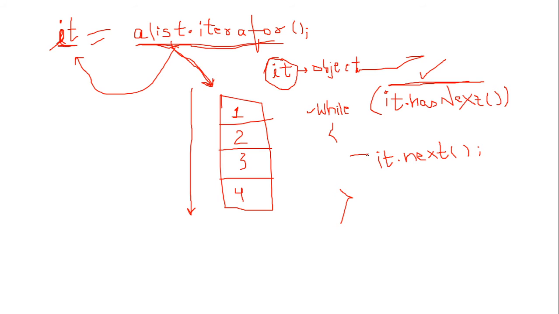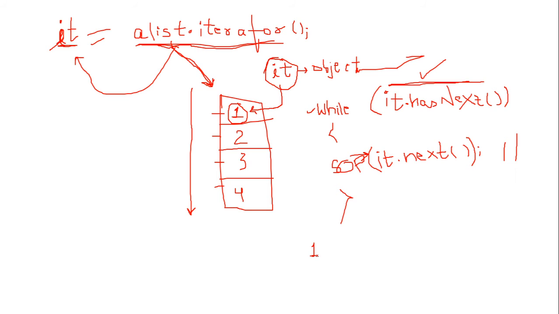So this method, what it will do, it.next. As of now, you can see that it is not pointing to any of these blocks. It is outside. As soon as this statement executes, it.next, it will start pointing to this first element. And if it is able to point to this element, then we can print this element as well, which is quite clear. So I will simply write System.out.println, I am writing in short, System.out.println(it.next). So after that, what you will see when the while loop runs the first time.